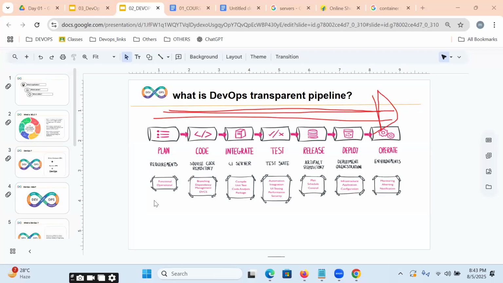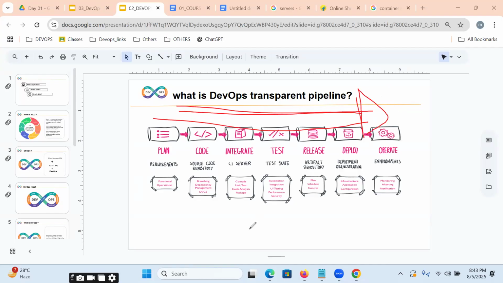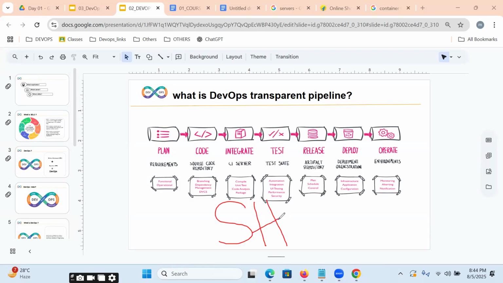While implementing this DevOps pipeline, make sure you deliver our working software within the shortest time, with high quality, low cost, and low failure rate. That is exactly what our DevOps pipeline is.